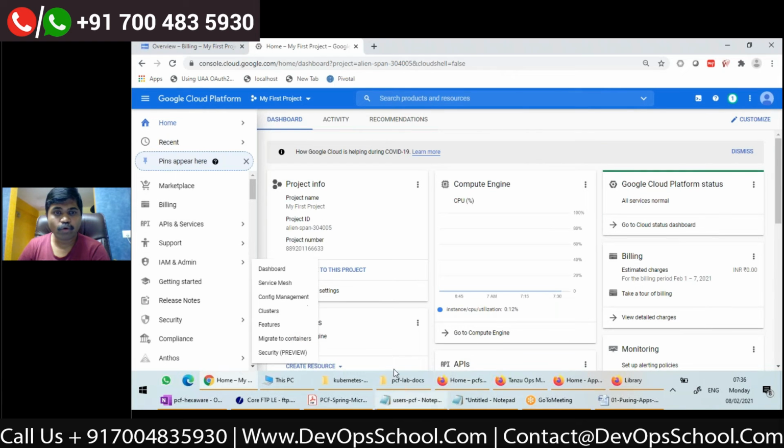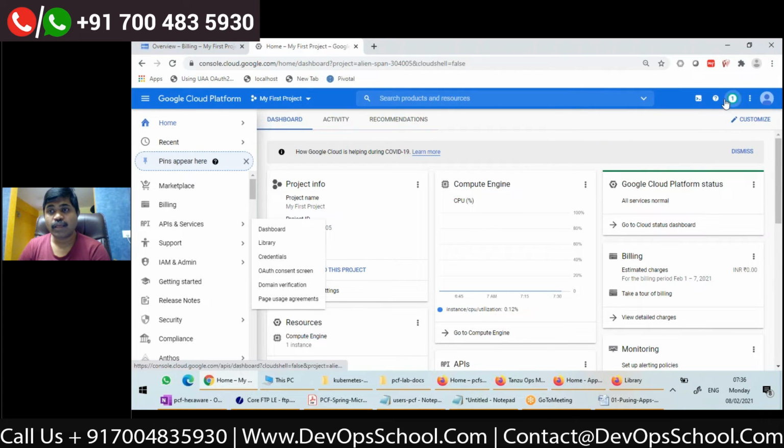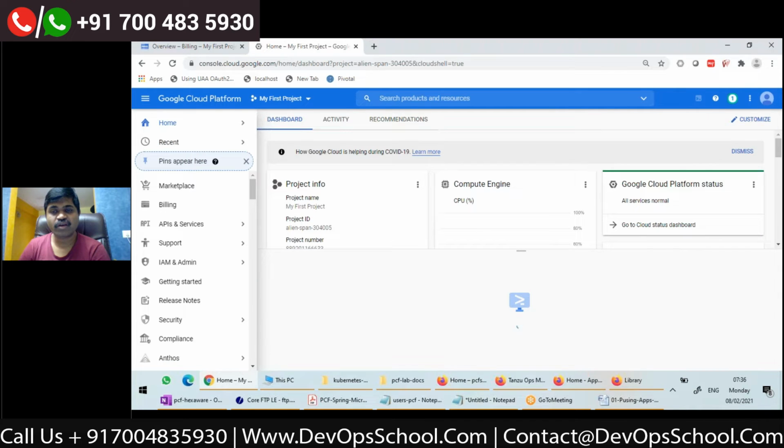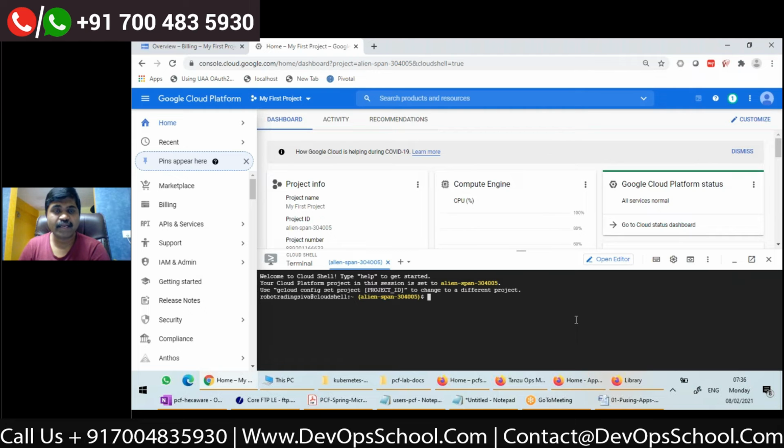I'm opening Chrome here, and I'll activate Cloud Shell here on Chrome. Sometimes because of some browser problems, it will take us a little bit more time. Yes, it connected, right? So I am inside a project, a separate project here.